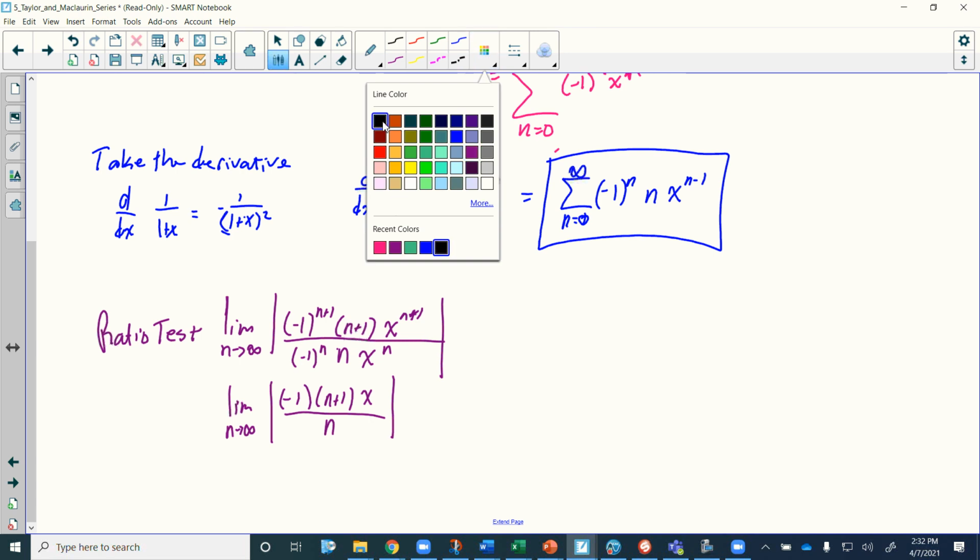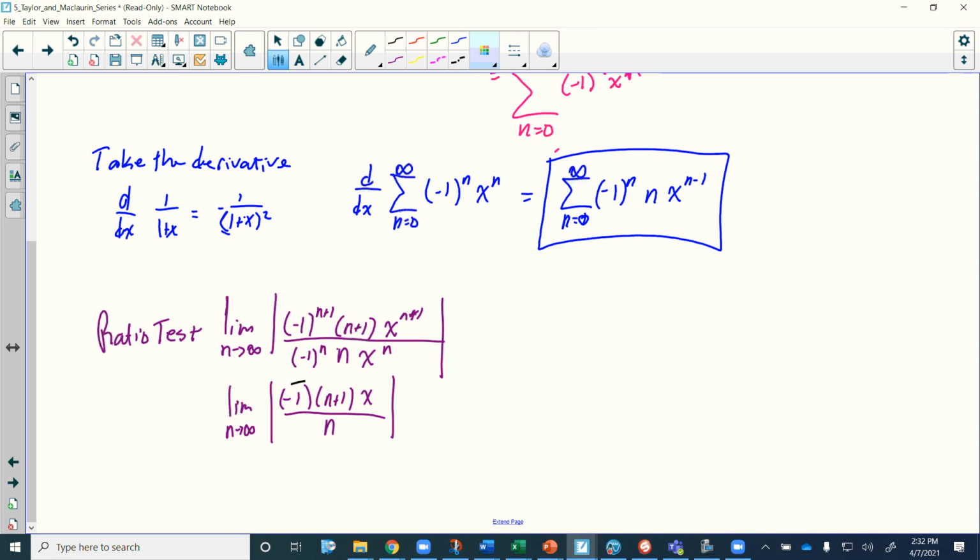Now, the absolute value of the negative 1, we can ignore that because the absolute value of negative 1 is just 1, so it really doesn't have an effect on anything. As n goes towards infinity, n plus 1 over n is going to simplify to be a 1, so I'm left with just the absolute value of x